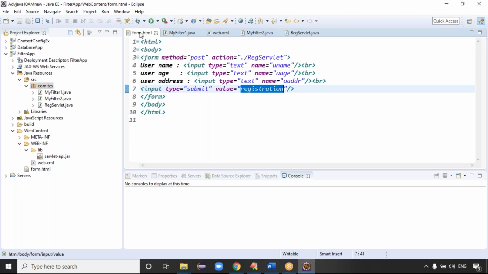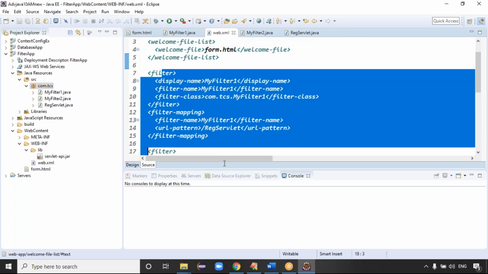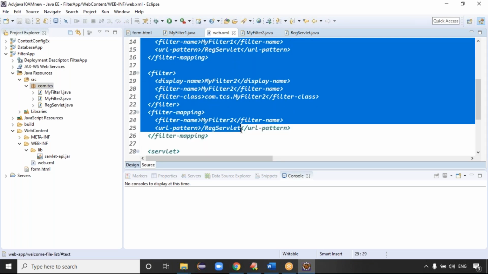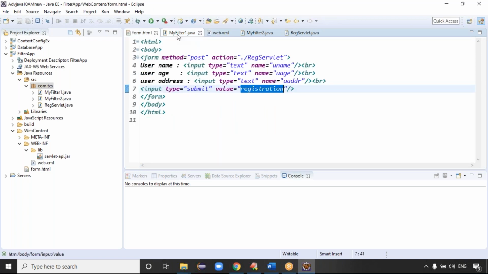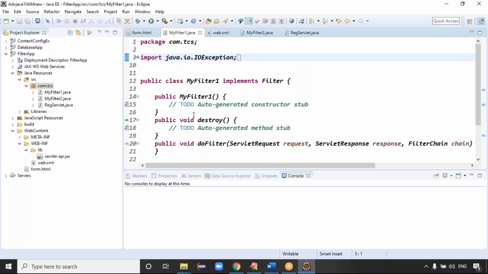To map particular filters to a servlet, while creating the filters you can give the servlet URL pattern for those filters. These two filters contain the URL pattern, the registration servlet URL pattern, right?